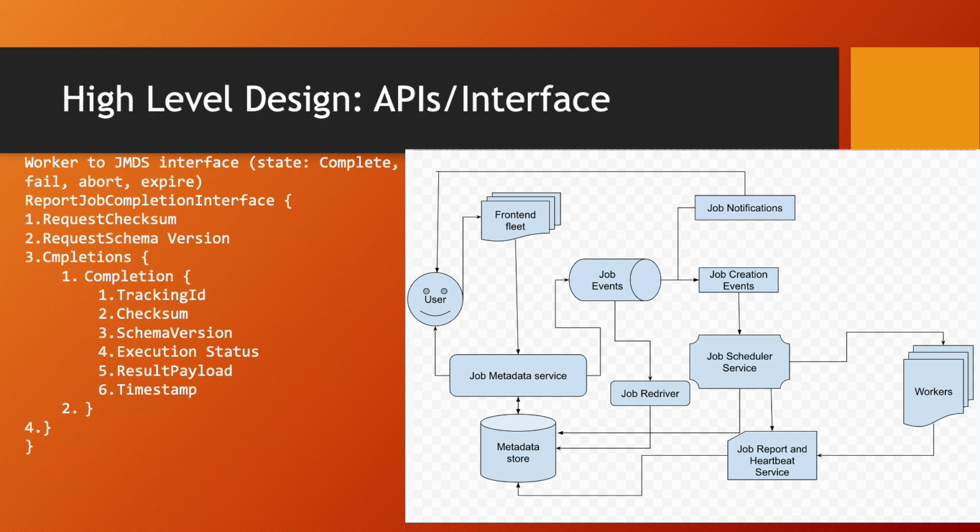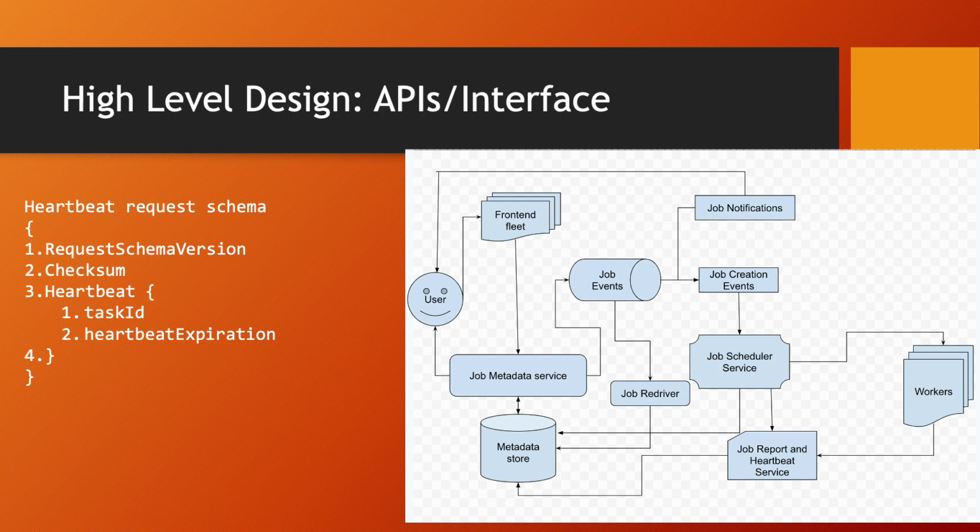Now, here is the report job completion interface. So here we will have request checksum, request schema version, and completions. Metadata will have tracking ID, checksum, schema version, execution status, result, payload, and timestamps. The heartbeat request schema will have request schema version, checksum, and as part of heartbeat, we'll be tracking task ID